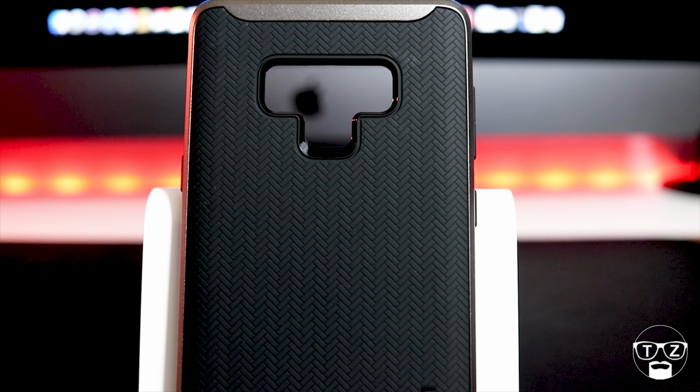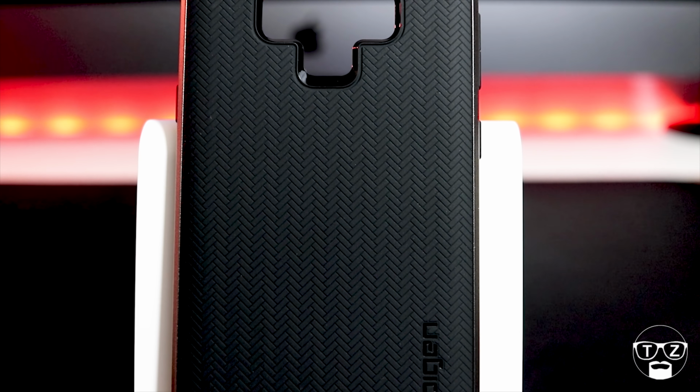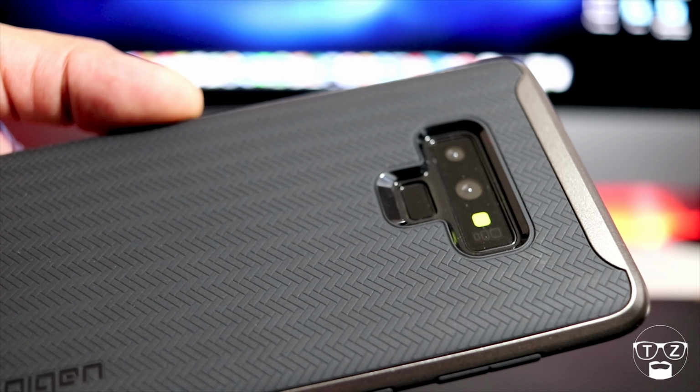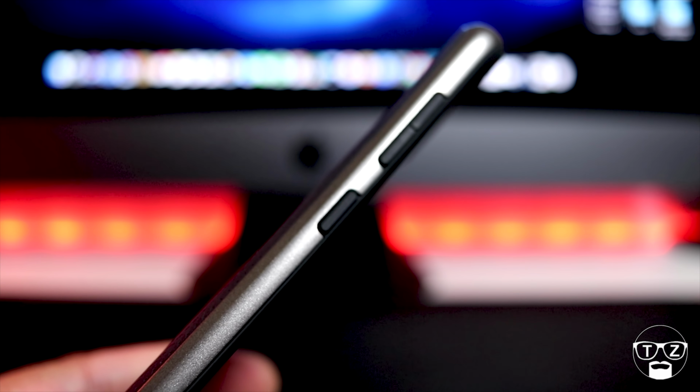The back of the case has a herringbone pattern embossed into the TPU and feels nice and grippy when combined with the bumper, and the camera cutout provides a few millimeters of protection, as does the lip protection on the front of the case. The cutouts are perfect and the buttons again feel great, although there is no texture on